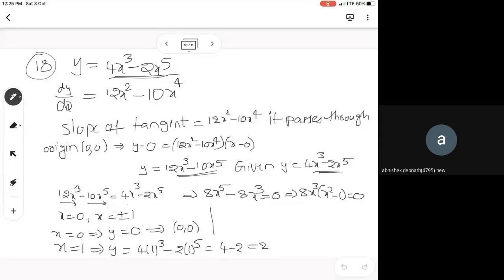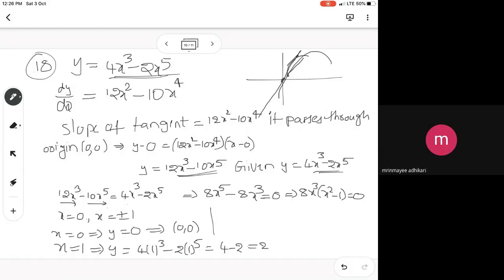Because of these 3 points, one is the origin. At the origin, if you draw the tangent, it passes through the origin. Already you know that. See here, graphically also you should be ready to understand. Suppose the points are here. One point is here. Another point is 1 comma 2, approximately here. So if you are having a curve like this, suppose I am giving an approximation to you. If you draw the tangent here like this, at this place, this tangent also will pass through the origin. Did you get my point?